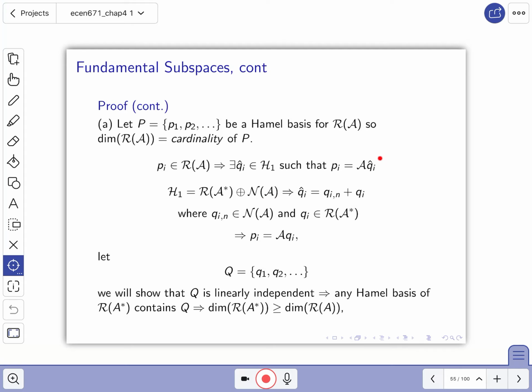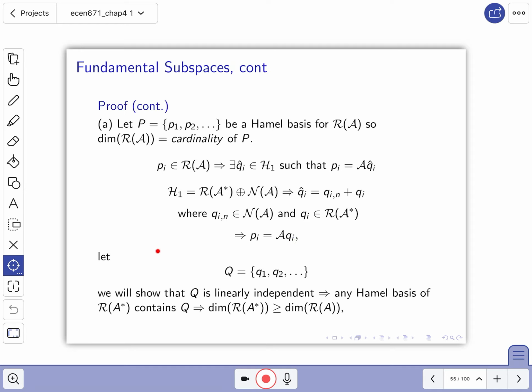That means that this Qi hat can be decomposed into something that's in the null space of A and something that's in the range space of A star. So Qin is in the null space, and then this Qi without the hat is in the range space of A star. And since A operated on Qi hat, A operating on Qi in the null space of A gives you a 0. We can just write Pi is equal to A Qi,